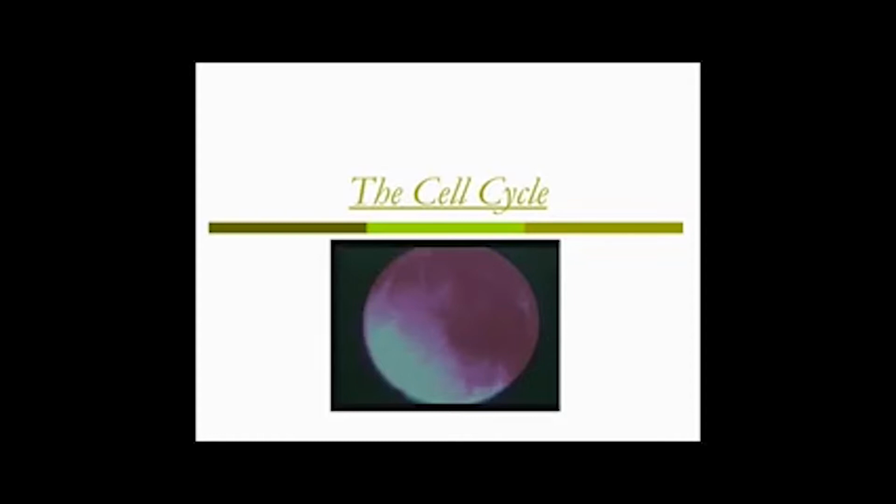The cell cycle. The cell cycle is the life cycle of a cell. And this first video is going to sort of talk about it. It concentrates on one main part of that life cycle, because really this is kind of where all the action happens. This is the reproduction of the cell when it splits into two, because we have to get a copy of DNA into both cells. How does that happen? So that's a big part of it, but there's more to the cell's life cycle than that. So pay attention to the video.